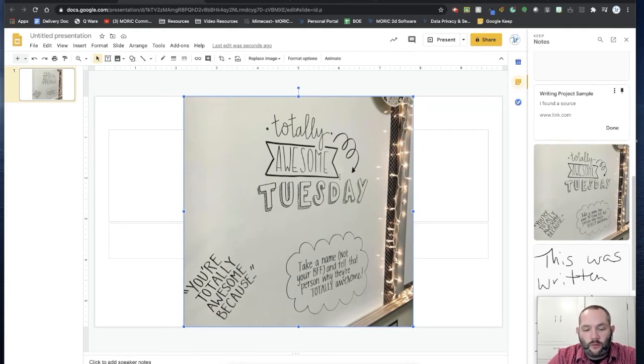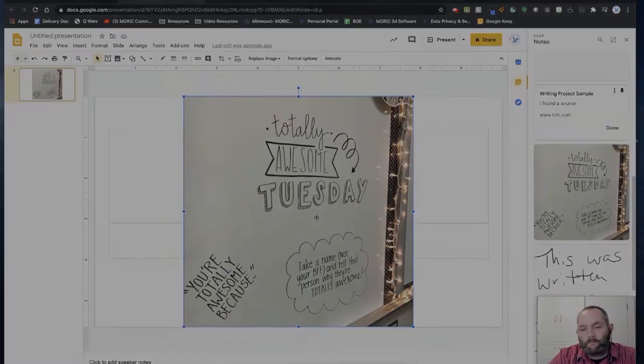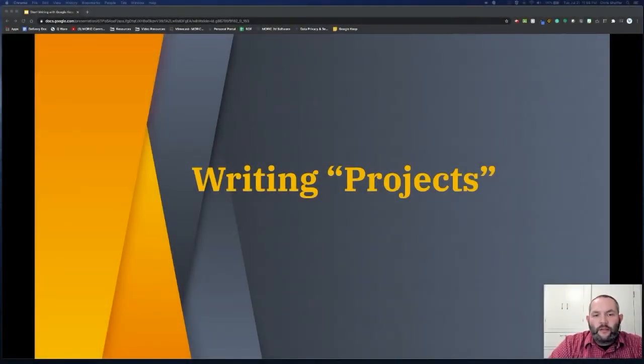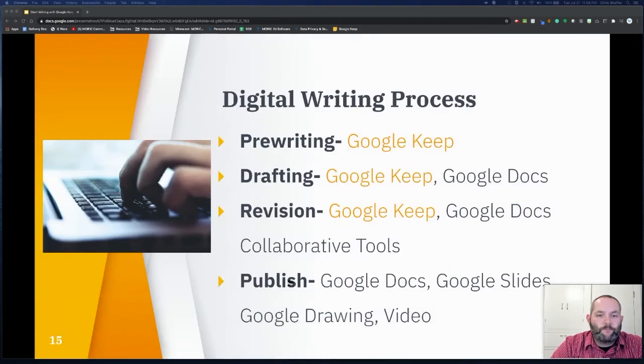But obviously we're talking about Google Keep, which really allows students to be more efficient in how they get through the steps of the writing process. So now that we've looked at the features of Google Keep and learned about how it works and how it plugs into other Google apps, let's revisit the writing process steps that we discussed earlier and think of how we can enhance the student's writing experience going forward. So first, let's talk about pre-writing.